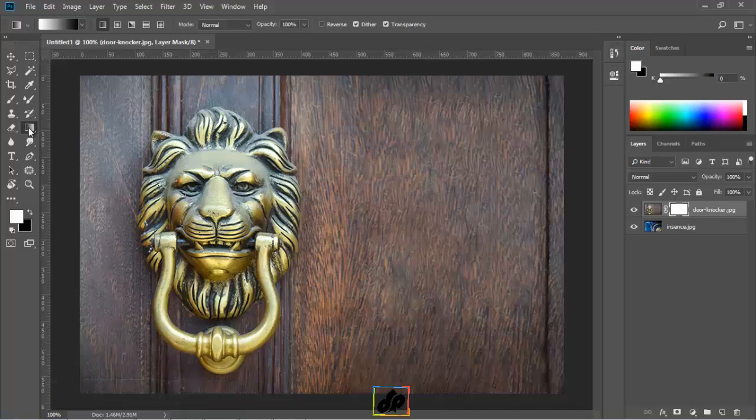We'll ensure that the gradient tool is set to its default by right-clicking on the gradient icon and choosing Reset Tool. We'll tap the D key so as to get our default colors. And that puts white and black as my foreground and background respectively. By looking at the preview of the gradient, we can see that we are going to start with white, gradually fade that into black.